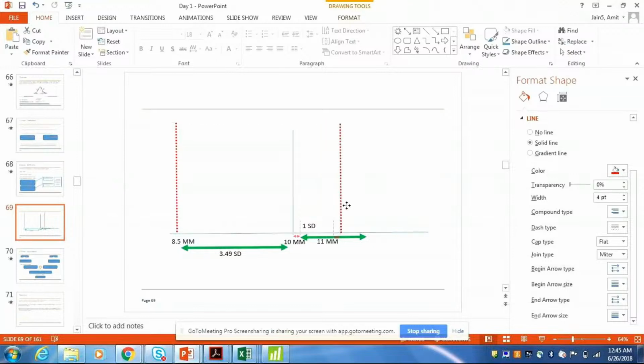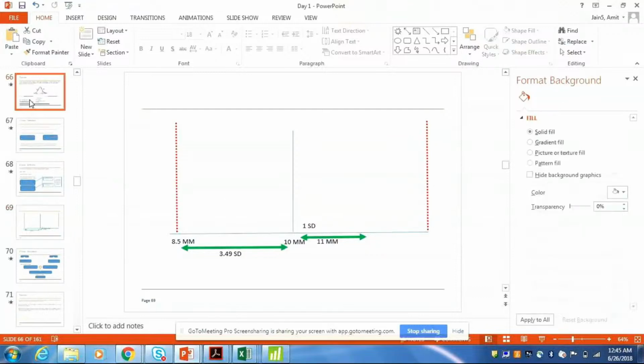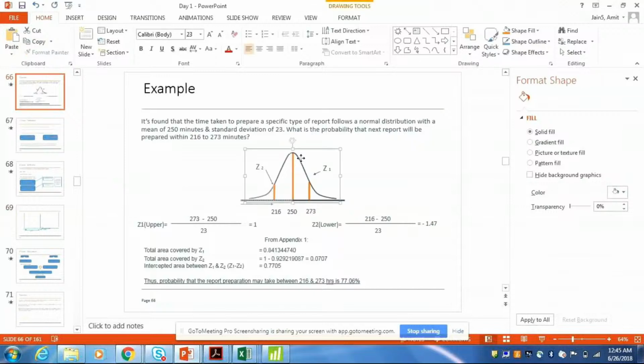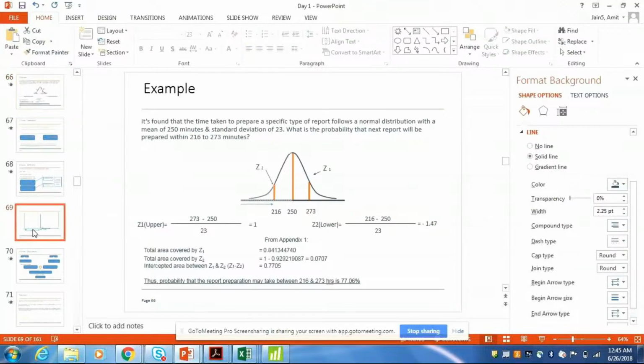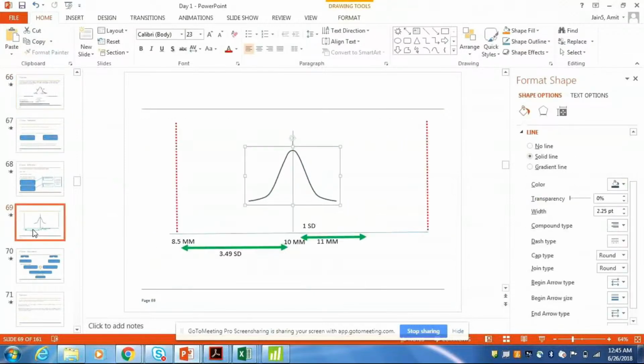So the more standard deviations that I have on any side would make the process more robust. If I go back to the bell curve and replot the image here,